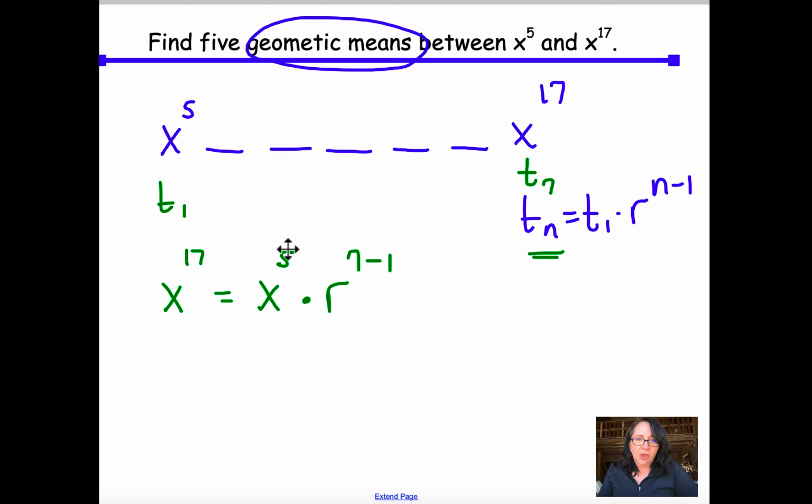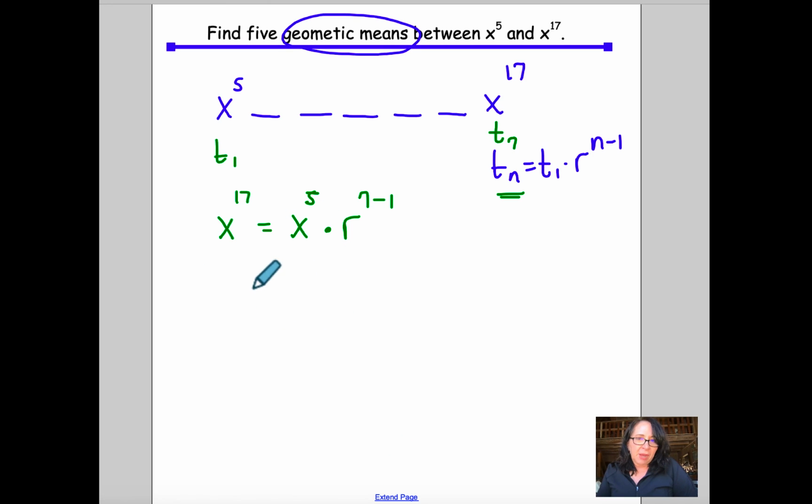And so what we have now is, well, let's get rid of this x to the 5th, which means I'm going to divide by that. So I have x to the 17th divided by x to the 5th. And when you're doing this,